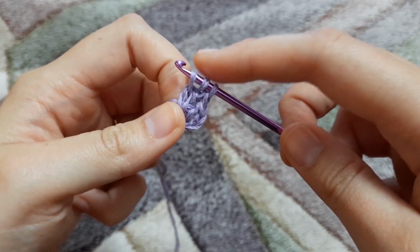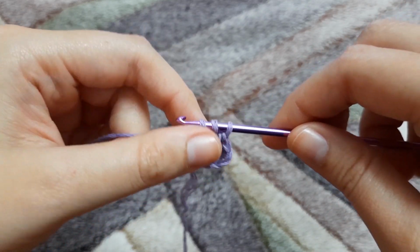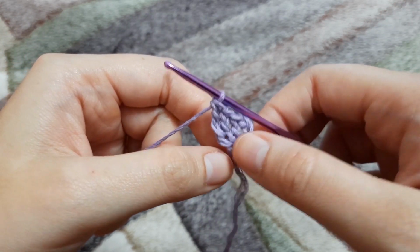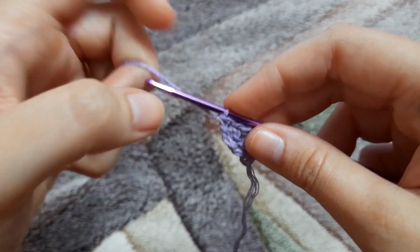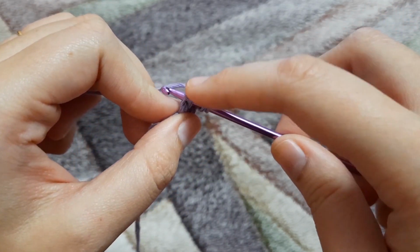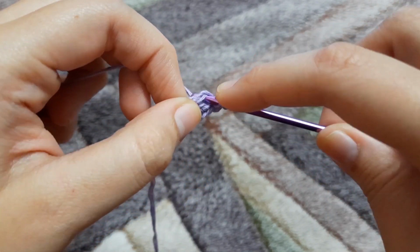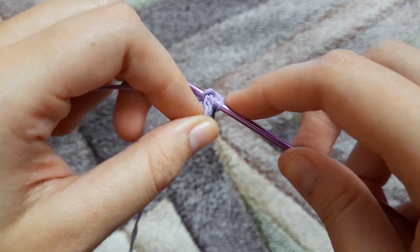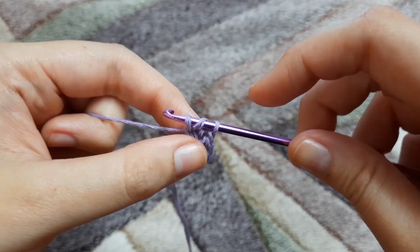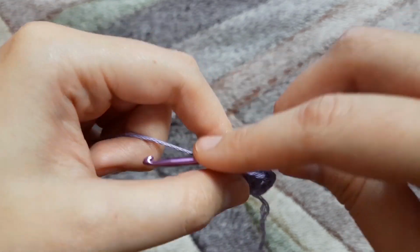We'll have 3 loops on a hook. We are going to yarn over and pull through 1 loop. That's our chain. Now we'll make a double crochet by yarn over and pulling through 2 loops and 2 loops. Again, yarn over, insert the hook in the very first chain, yarn over, pull through, very carefully. Now yarn over, pull through 1 loop, yarn over, pull through 2 loops, and yarn over, pull through the remaining